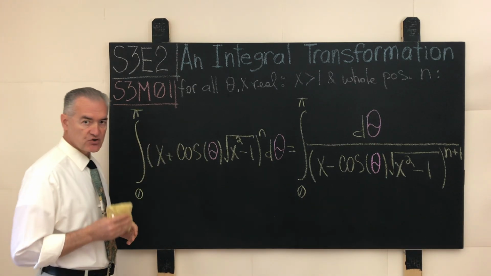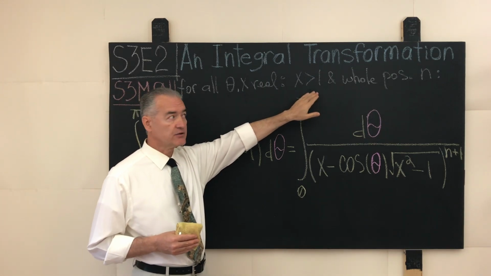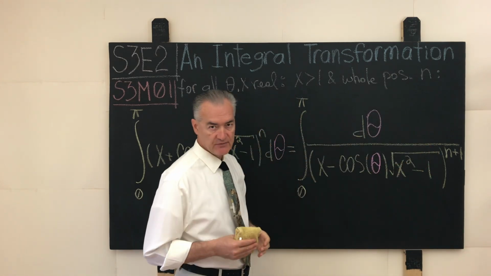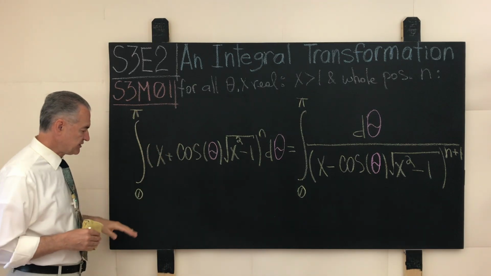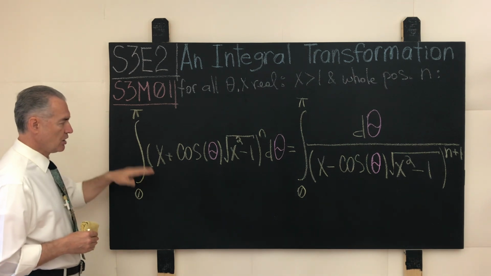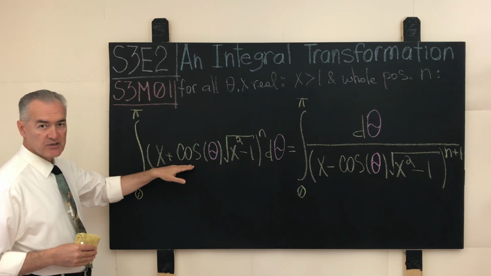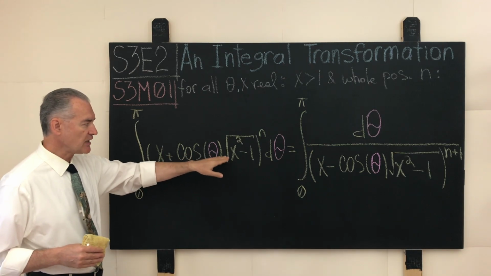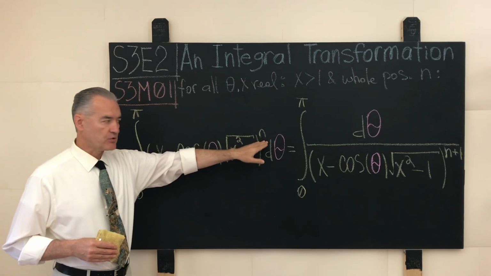As such, in the mathematical problem S3M1, we're asked to show that for all real numbers theta and x, such that the constraint here is important, x is strictly greater than 1, and for all whole positive numbers n, which means n varies as 1, 2, 3, 4, 5, 6, 7, and so on, it is the case that the definite Riemann integral taken between the boundaries of 0 and pi of the integrand x plus the cosine of the angle theta times the square root of x squared minus 1, raised to the nth power, d theta,